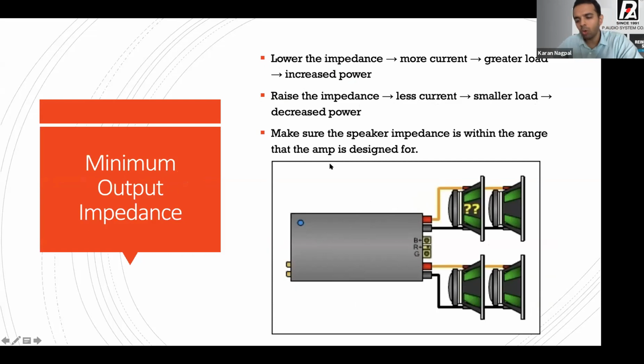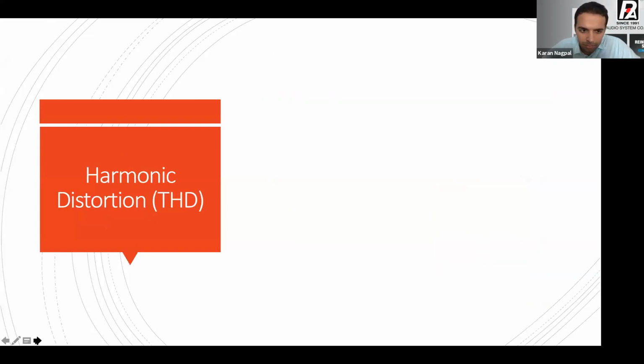So whatever your speaker's ohms or load is, make sure it's within the range the amplifier is designed to operate. If your amplifier's specification says it can function at that, and if it's a good manufacturer, maybe it can. But never go below that. And I'll pick up one of the amplifier specification sheets and we'll try and understand what the different power ratings are shortly, and it should not take more than the next 10 minutes. So 10 minutes we should be done, and I'll just quickly go through the remaining specifications.